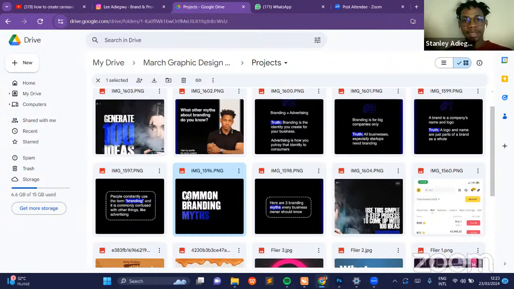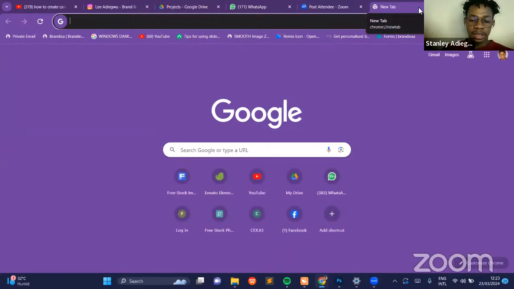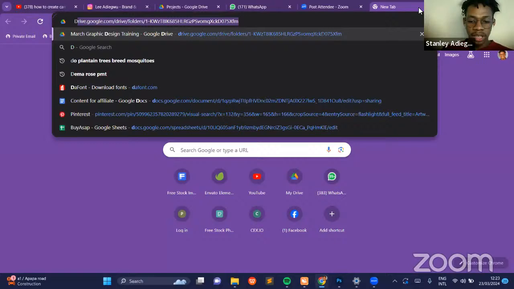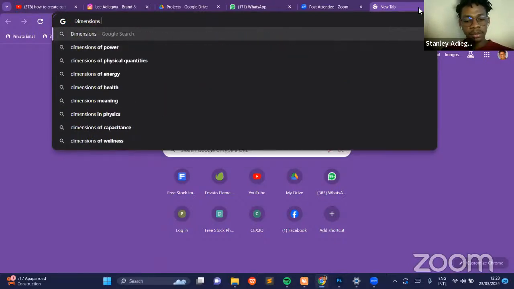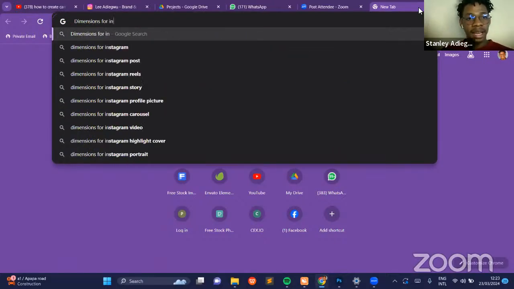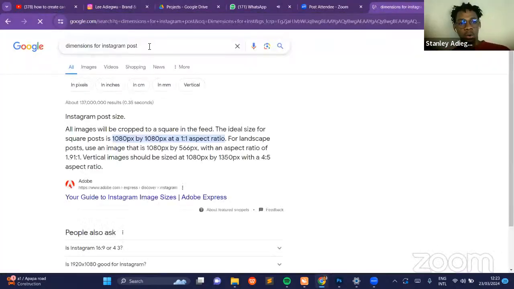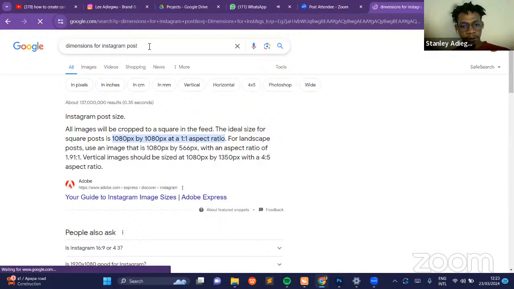So to get that, you just go to Google and search for image dimensions. You can use dimensions for Instagram posts. So for Instagram posts, okay, so here they said for Instagram posts,